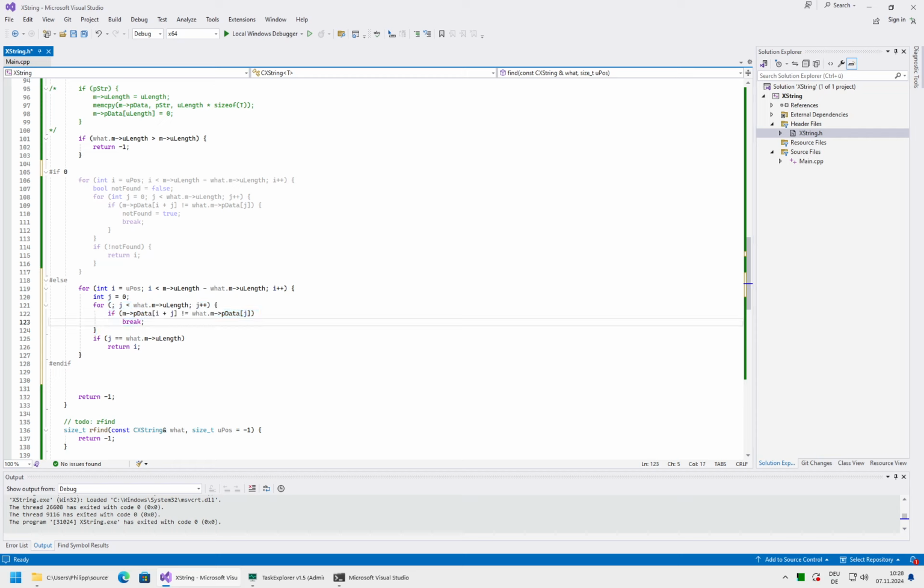So if we finish this loop, so we never break, then j will end up being equal to length. So if we define the i before and compare here, then we can save one variable. It's a minor optimization, but that's the way I would have done it.